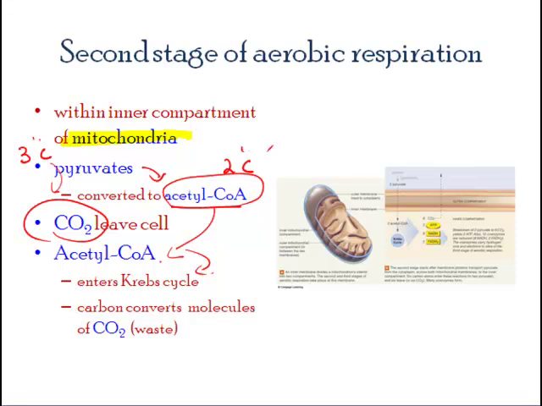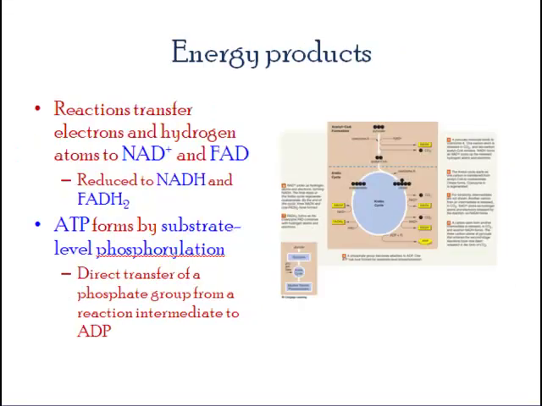Now, the acetyl-CoA enters a cyclic form, which is the Krebs cycle. And over here, more of these carbons will be converted to carbon dioxide, and that is again the waste. The Krebs cycle is shown over here. You can see it's a very continuous cyclic form. A lot of things are happening while this step carries on, and the most important step that is carried on